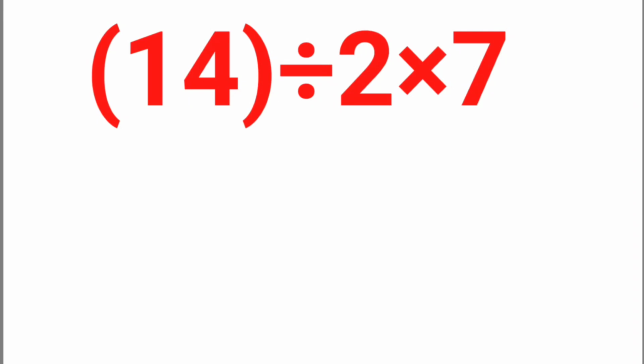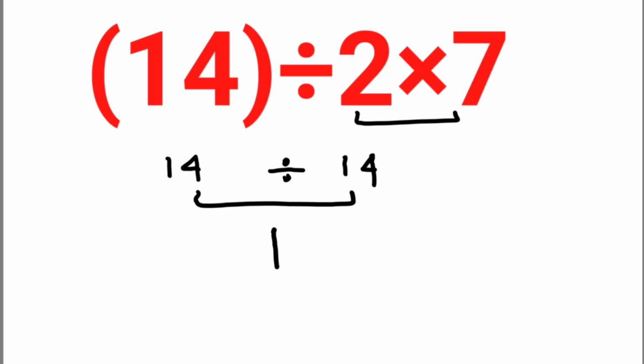To respectable audience, my question is 14 divided by 2 times 7. 14 is simple. It may be written out of parentheses, it is a single value, it is 14, divided by 2 times 7, it will be 14. So 14 divided by 14 will be equal to 1, which will be our answer, but that is our mistake